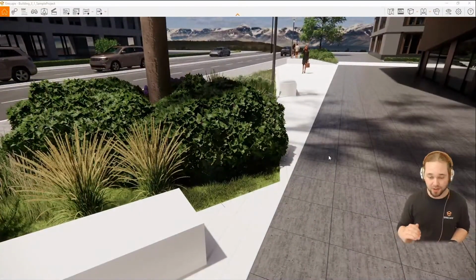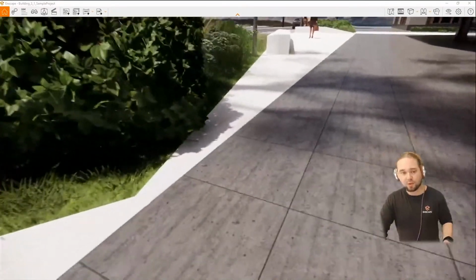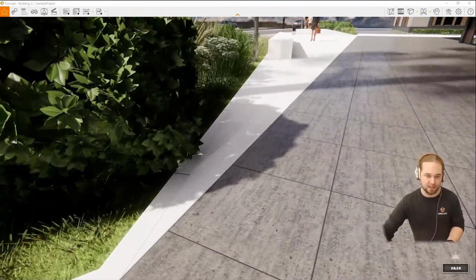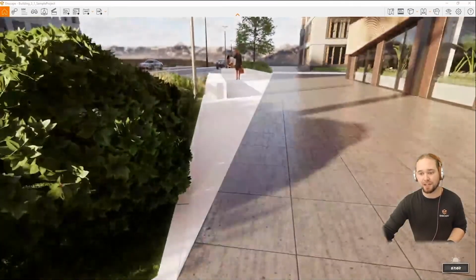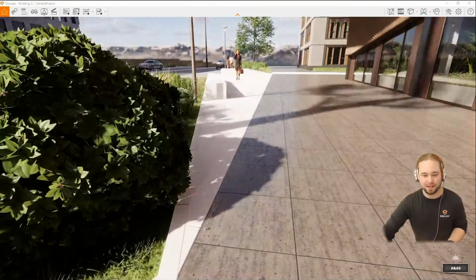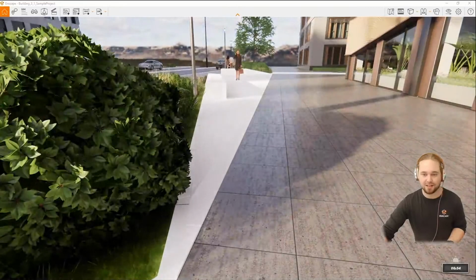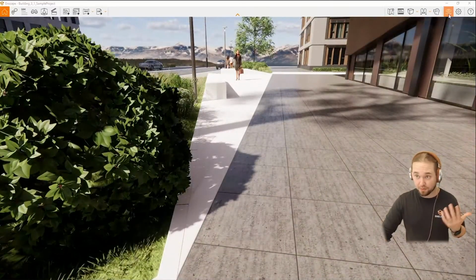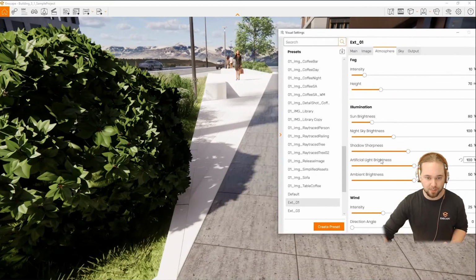Important, this is only referring to sun shadows nonetheless, so if you have an artificial light source, that will still work with these shadow textures, but with sun influence, you really see this gradient between sharp shadows and this lovely blurred effect. And if you want to change your shadow appearance, of course, the shadow sharpness slider is still functional, so you can still edit that to your liking, so to say.